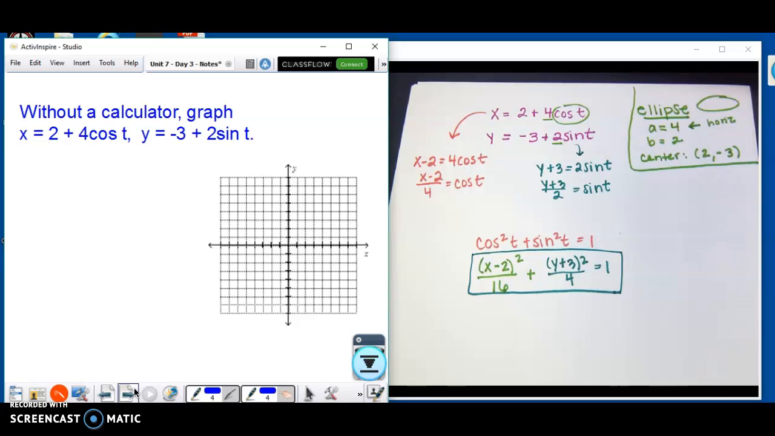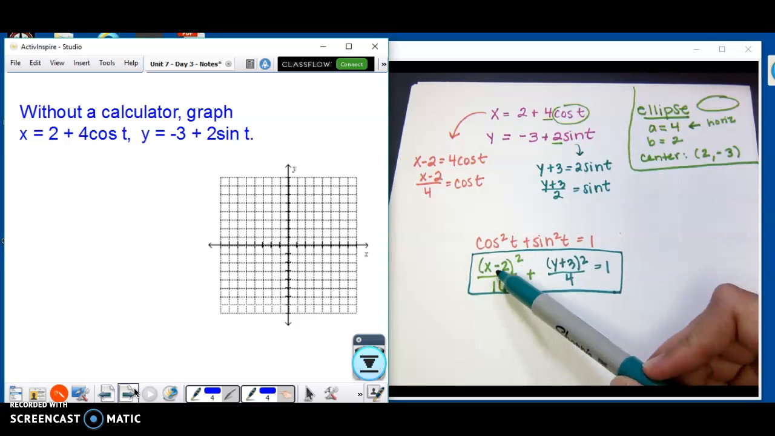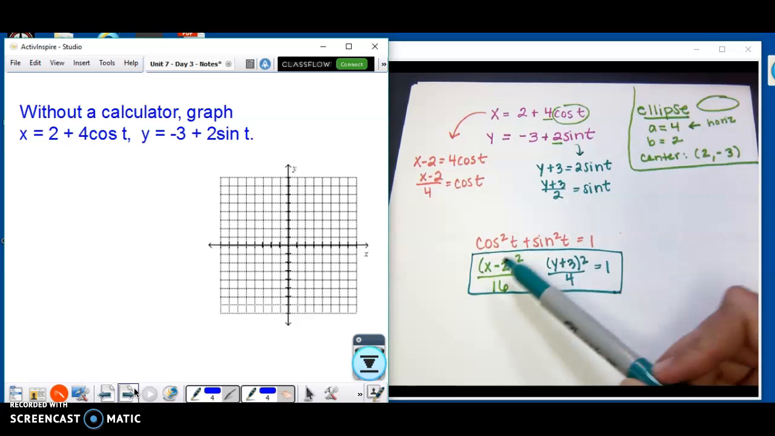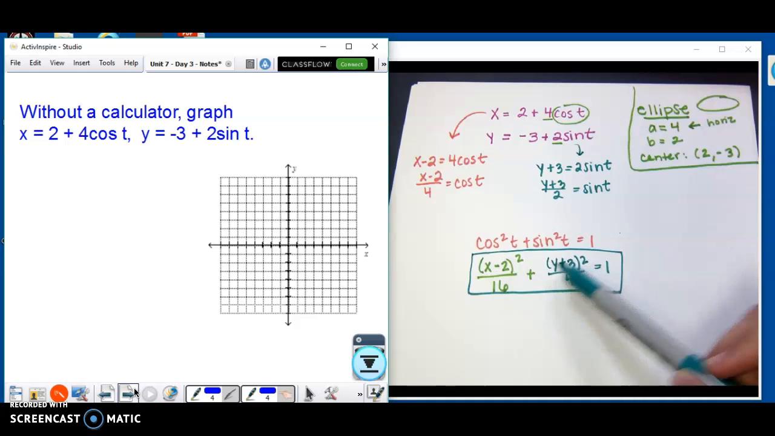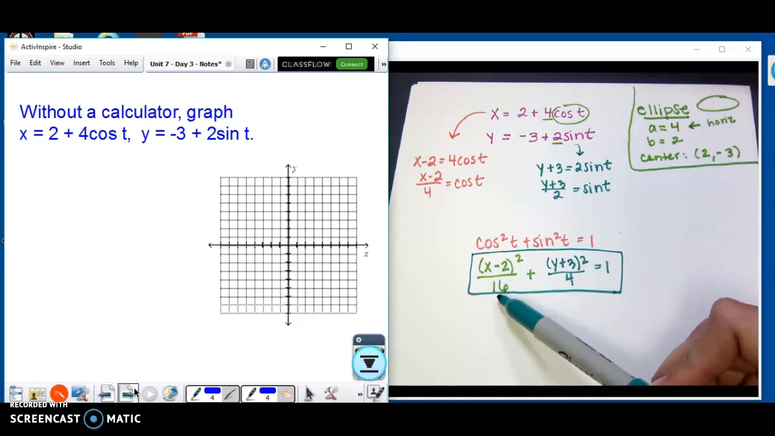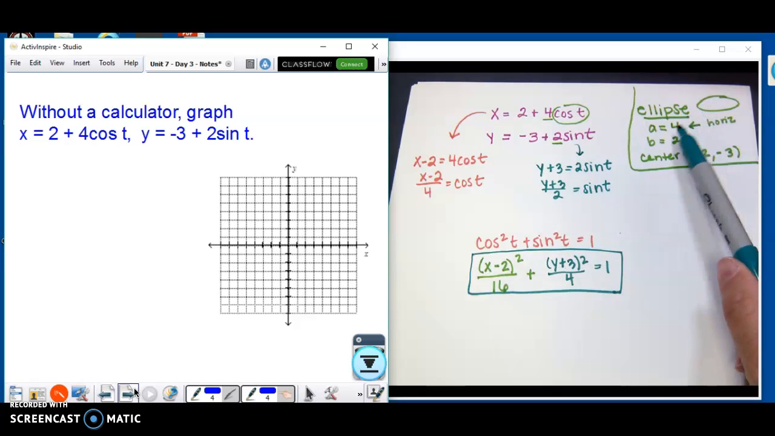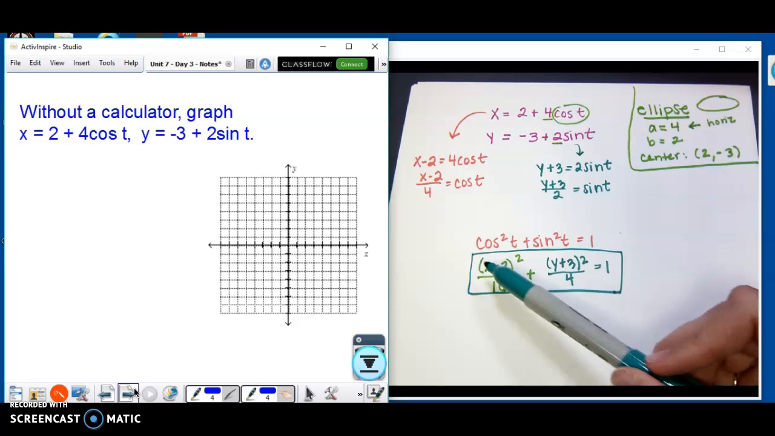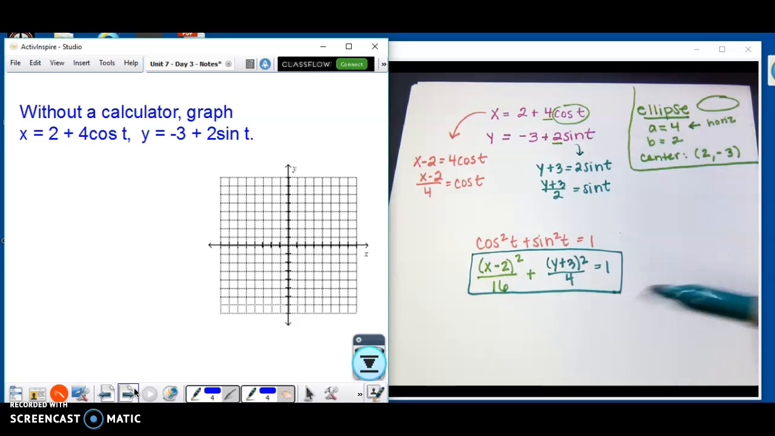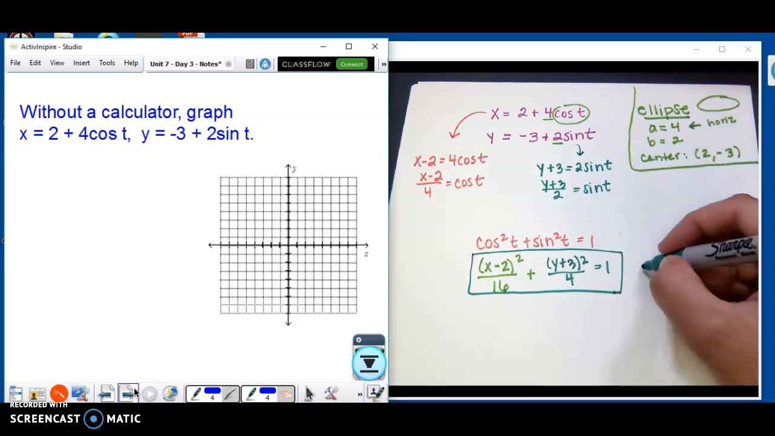Okay. So let's just check the information that we have, and then we will graph it. So the center we said was +2, -3, which makes sense with what we have here. 16 is my bigger number, so that means my A is the square root of 16, which is 4. B is the square root of 4, which is 2. Because the 16 is underneath the x, this is going to be a horizontal ellipse. So if I want to draw a graph here,